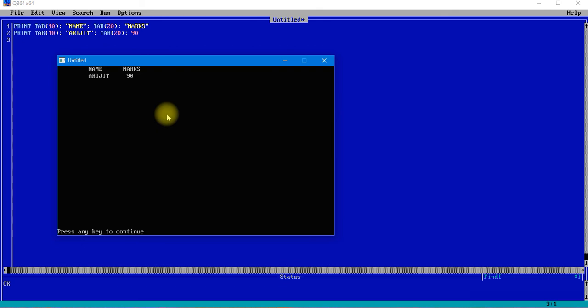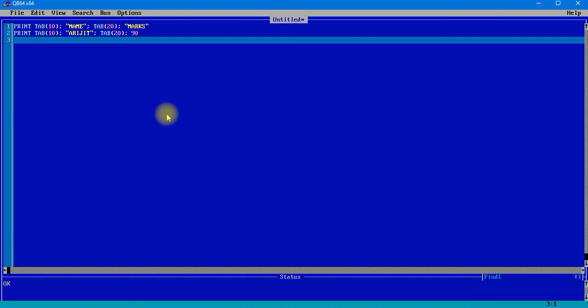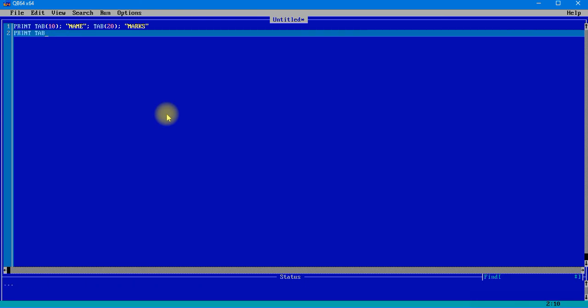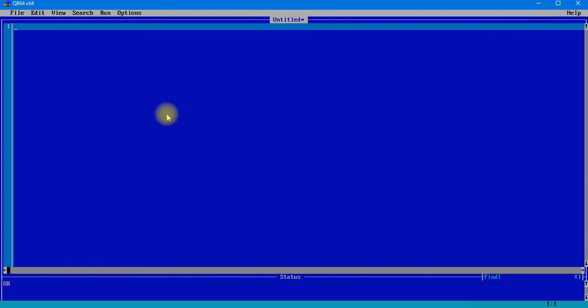Now let us discuss some other thing like the input statement. What is the task of the input statement? The task of the input statement is to wait for an input from a user. So if I want to print the sum of two numbers, but I do not know what the two numbers are, and the two numbers would be given by the user, what to do? So we can do this in this way. Specifically, we can take a single input as well as multiple inputs in a single line.